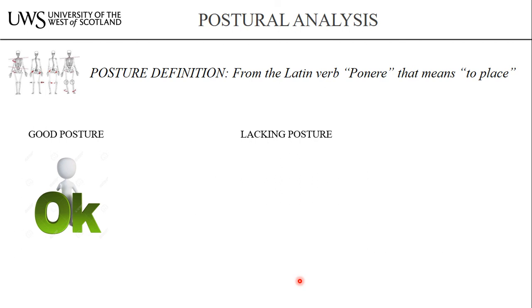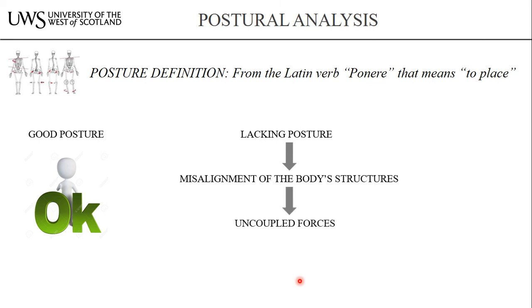In this case, obviously, we have to look at the lack of alignments or ideal alignments of the body structures. Once we have identified those non-functional patterns or non-functional aspects of the human postural characteristics, we can try to understand what the underpinning factors, the underpinning forces, are leading